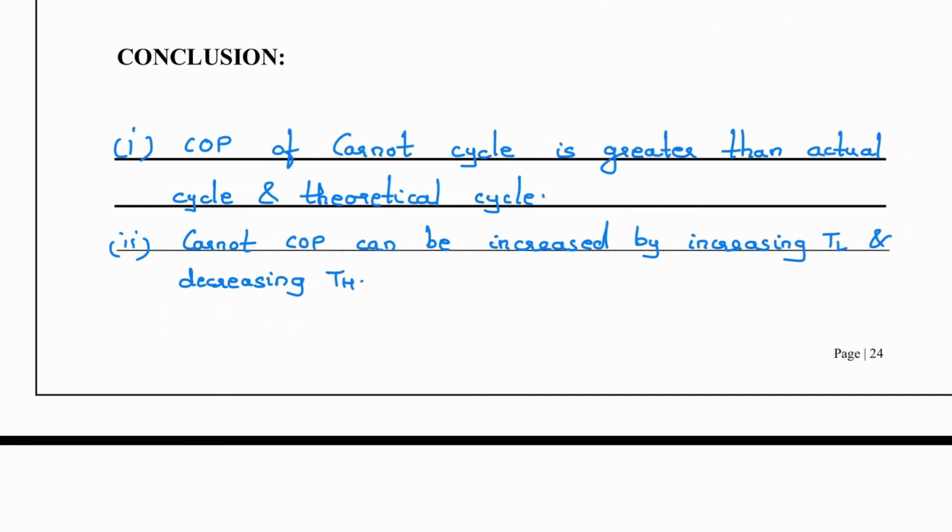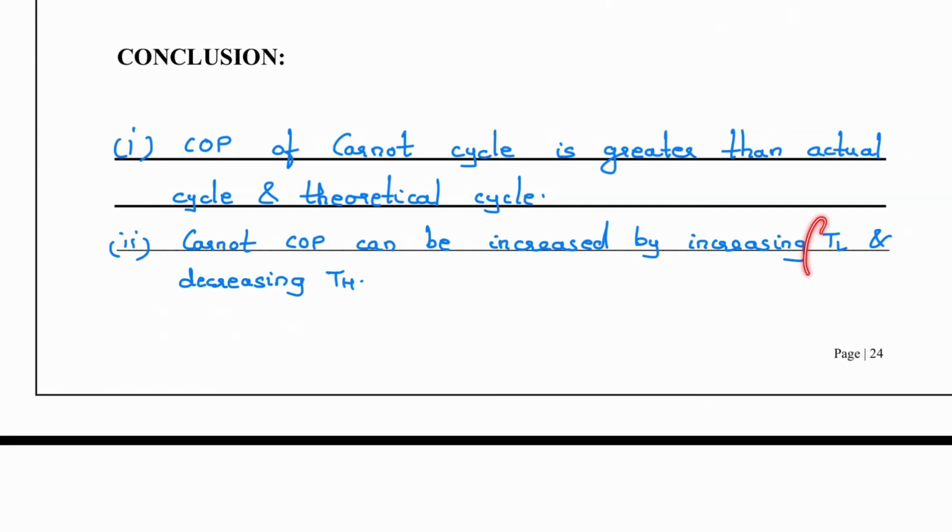Now what is this T high? This T high is the temperature at which heat is rejected, the saturation temperature. We had calculated the HP pressure. We read the value of HP pressure in PSI gauge, converted it into bar absolute, and from there we got this TH value. So it is basically the condenser temperature. If the atmospheric condition is cold, meaning the surrounding where heat is being rejected, this TH temperature is low, COP will be high. So that is why in winter season COP is high.